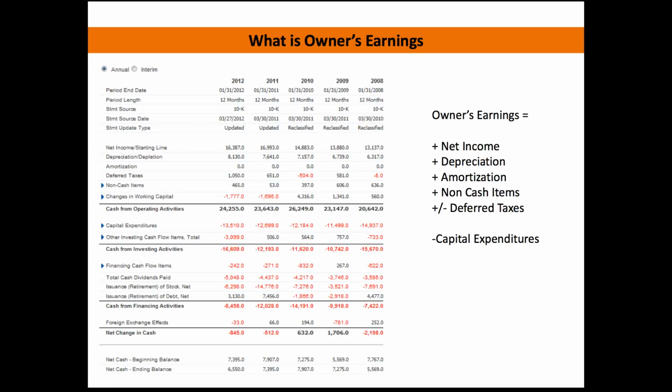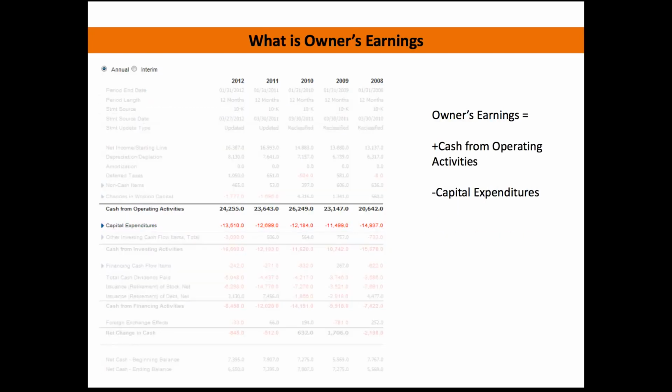Now, the thing we have to subtract out is the capital expenditures, okay? Capital expenditures are those things that we're spending money on as a business in order to sustain our operations. So if we were going to go purchase stock and it's a new asset that's going to create a new stream of income, that's not going to be listed under capital expenditures. Only things that we're currently using in order to produce current income streams is what's listed under capital expenditures. So that's why we're going to be subtracting all of that out from that operating activity cash that we have